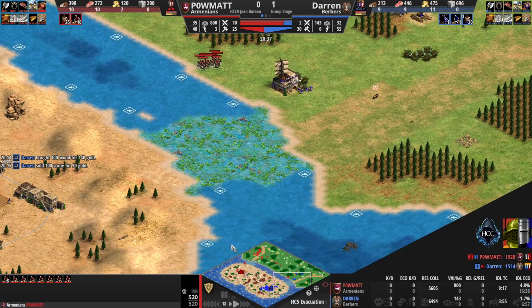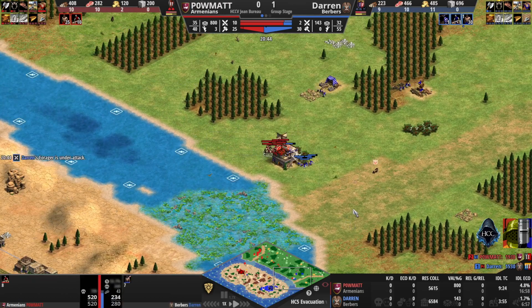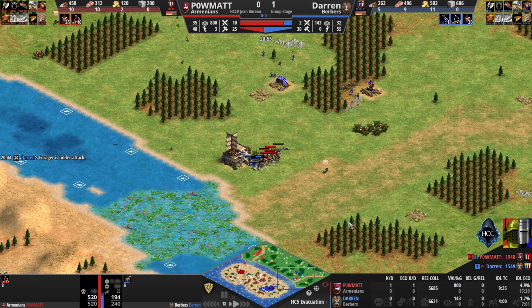This is a lot of scouts. Camel archers, now that's a cool unit. That is a cool unit. Oh. Well, these villagers are going to be in for a world of hurt. I mean, what is blue gonna...